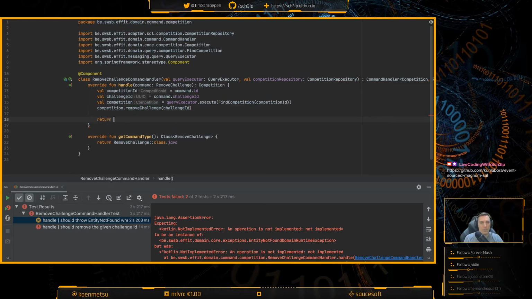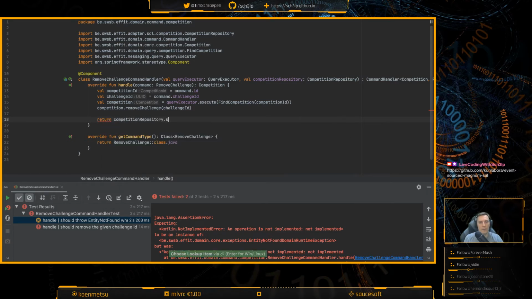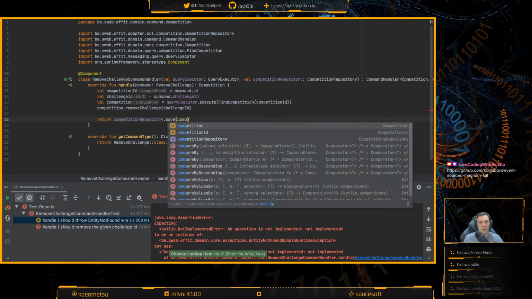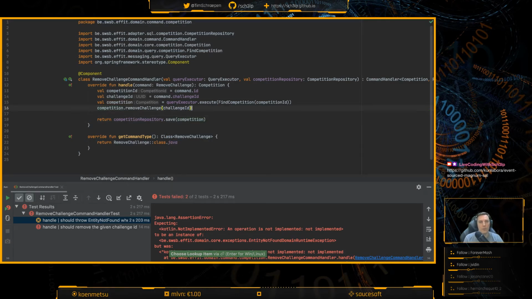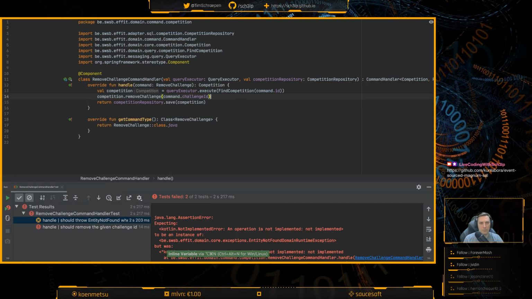Cool. Return repository. Save competition. Nice. Then there's no use for me doing this, I guess. I can just inline it. And same for this one. And that should be that.